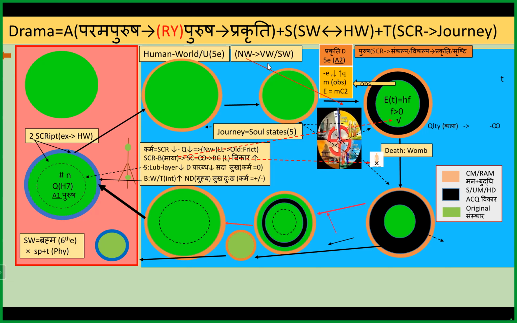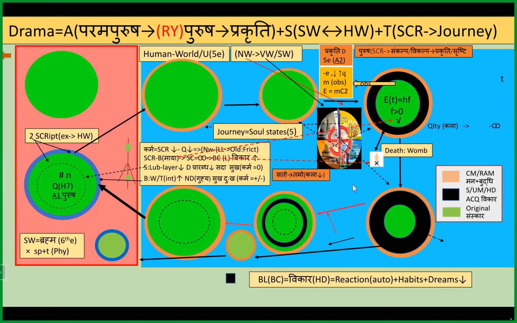And these two parts where there are no black layers, this is called the Nirvikari world. These other two parts are called the Vikari world. Now we can see in this journey, Kala is reducing. So we can say we are going from Sato to Tamo, and our Kala, or the quality of the soul, is reduced. And the reason behind that is the body consciousness. That is what is depicted here.